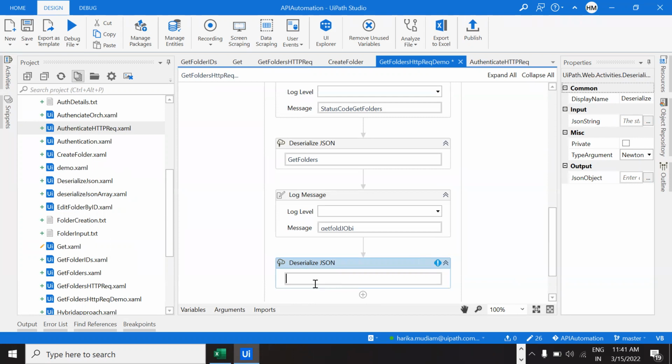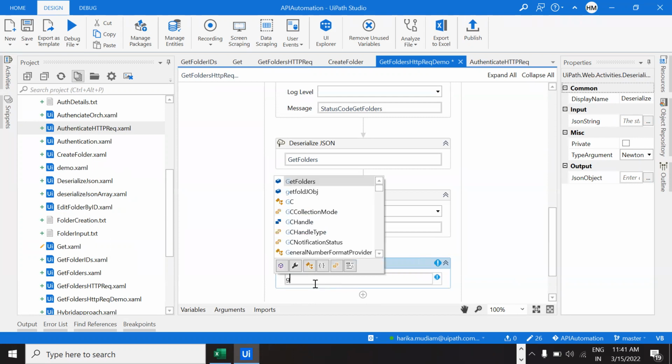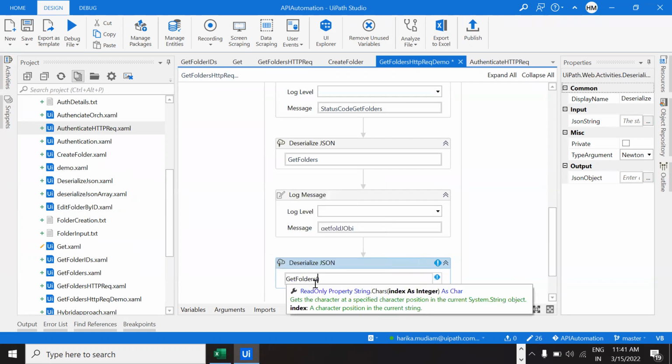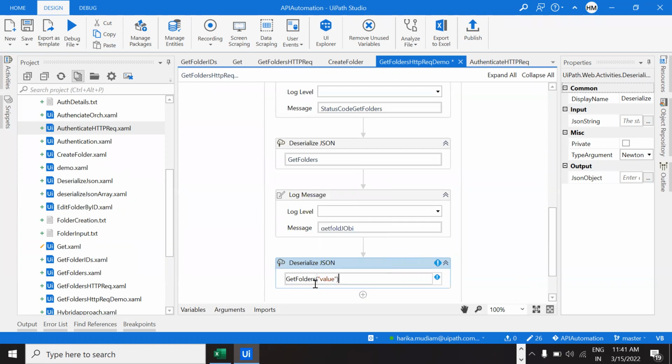So for that, I'm taking get folders of the value. Just observe what this will return to me. Okay, get folders itself is a string, right? So here we have to take something as the output of this one,